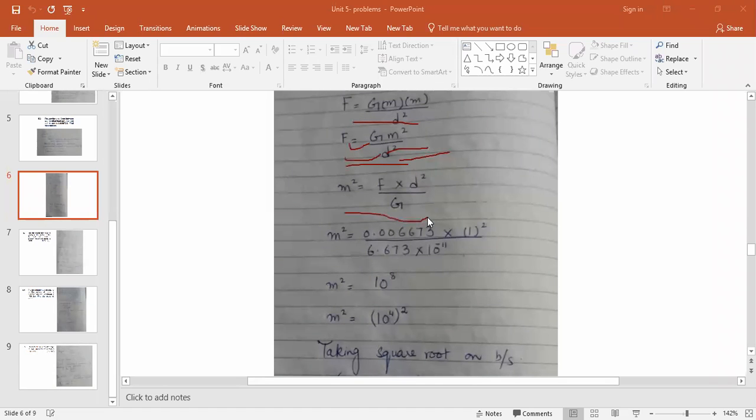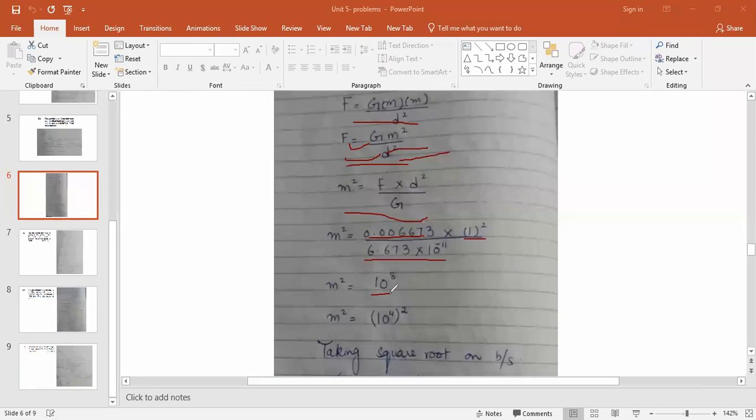So just substitute the value of F which is given to you, and then the value of D which is also given to you, and capital G which is known as the gravitational constant that is given. Already you have to know what is the value of G. So you have to put this value over here. And when you simplify with the help of your scientific calculator, you will get the answer 10 raised to power